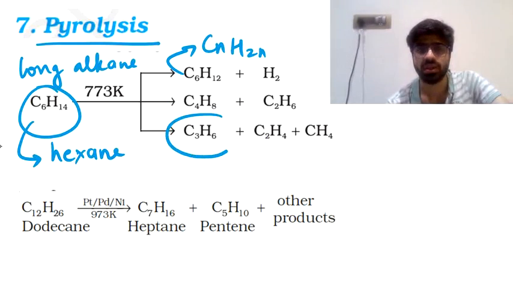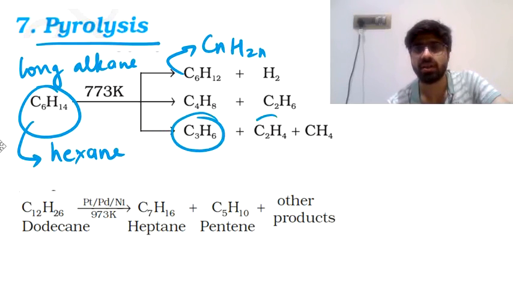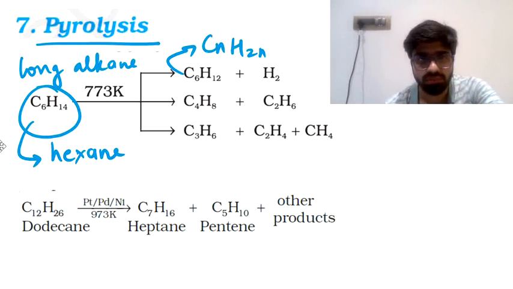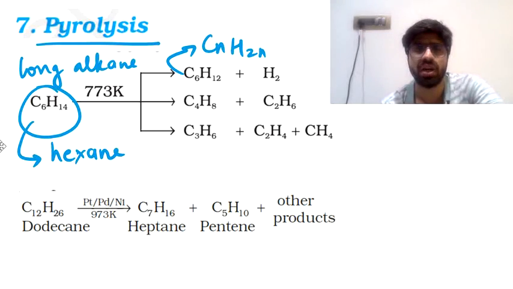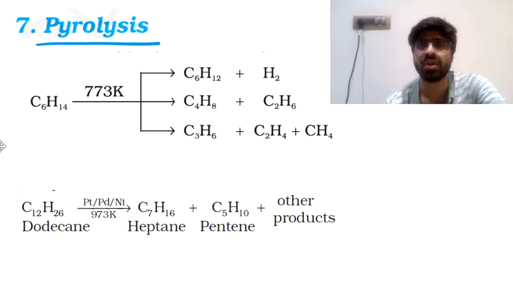The same happens with this reaction. This thing is breaking into a 3 carbon atom, 2 carbon atom and 1 carbon atom compound. Basically, pyrolysis means you take a large hydrocarbon, and when you are heating it, it gets broken down to smaller hydrocarbons. You can't predict which hydrocarbon will give you which product, and also these are not reactions you need to memorize. Just read them once and you can go ahead with whatever the next reaction is going to come in the book. In fact, this is the last reaction.